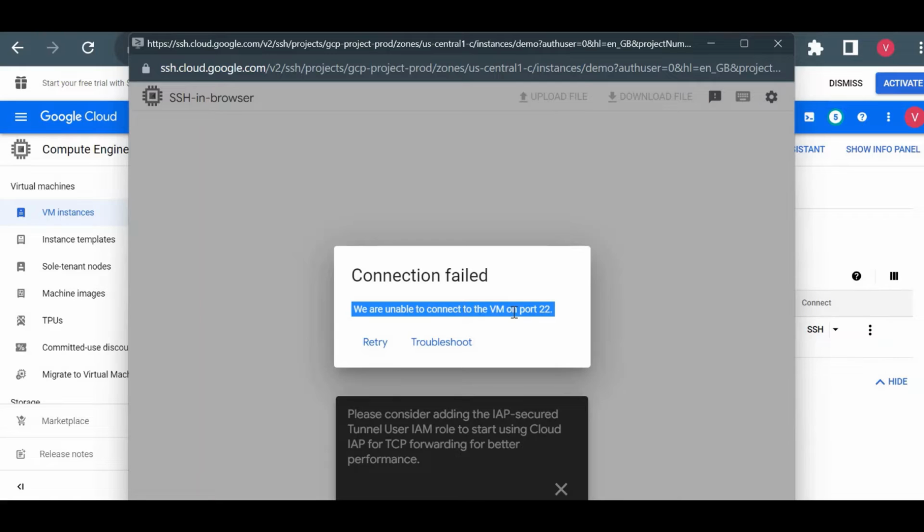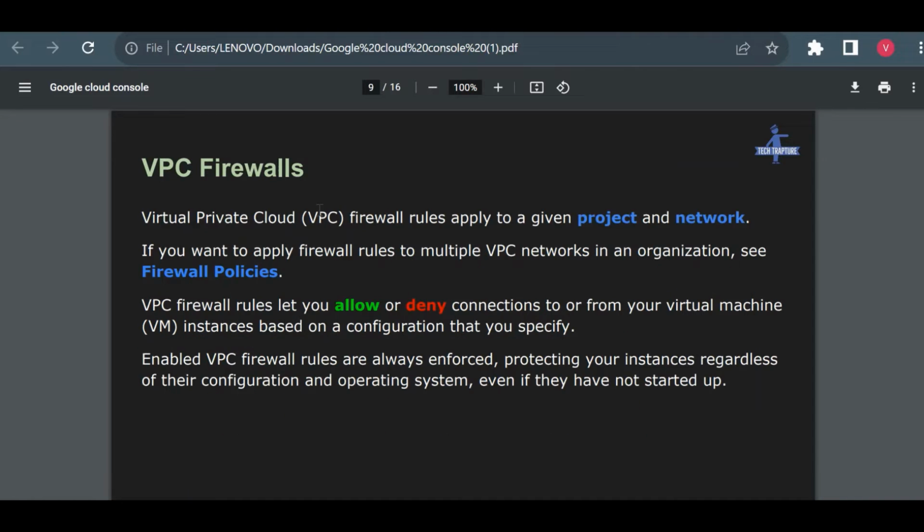This error is just because we don't have any firewall. Now we're coming back to the point of why we need a firewall. So I'll go back to my slide here and see VPC firewall. The VPC firewall rules apply to a given project and network. Firewall rules let you allow or deny connections to or from your virtual machine based on the configuration that